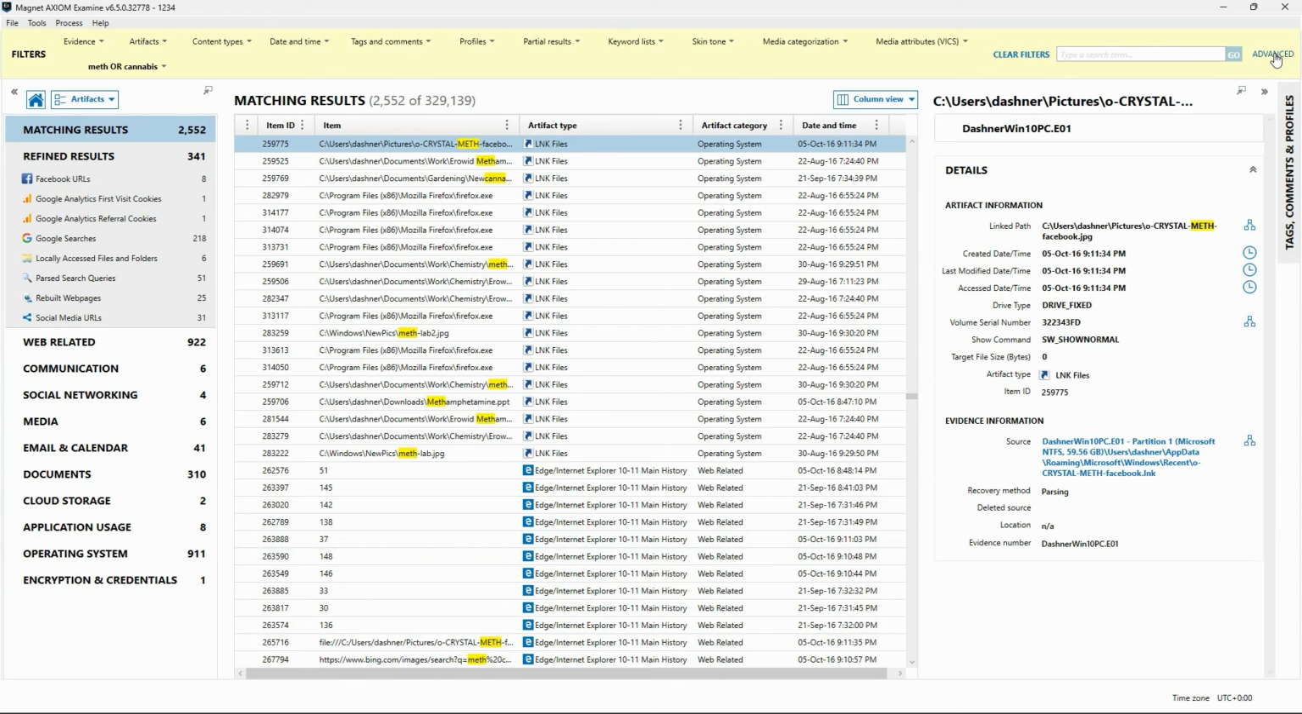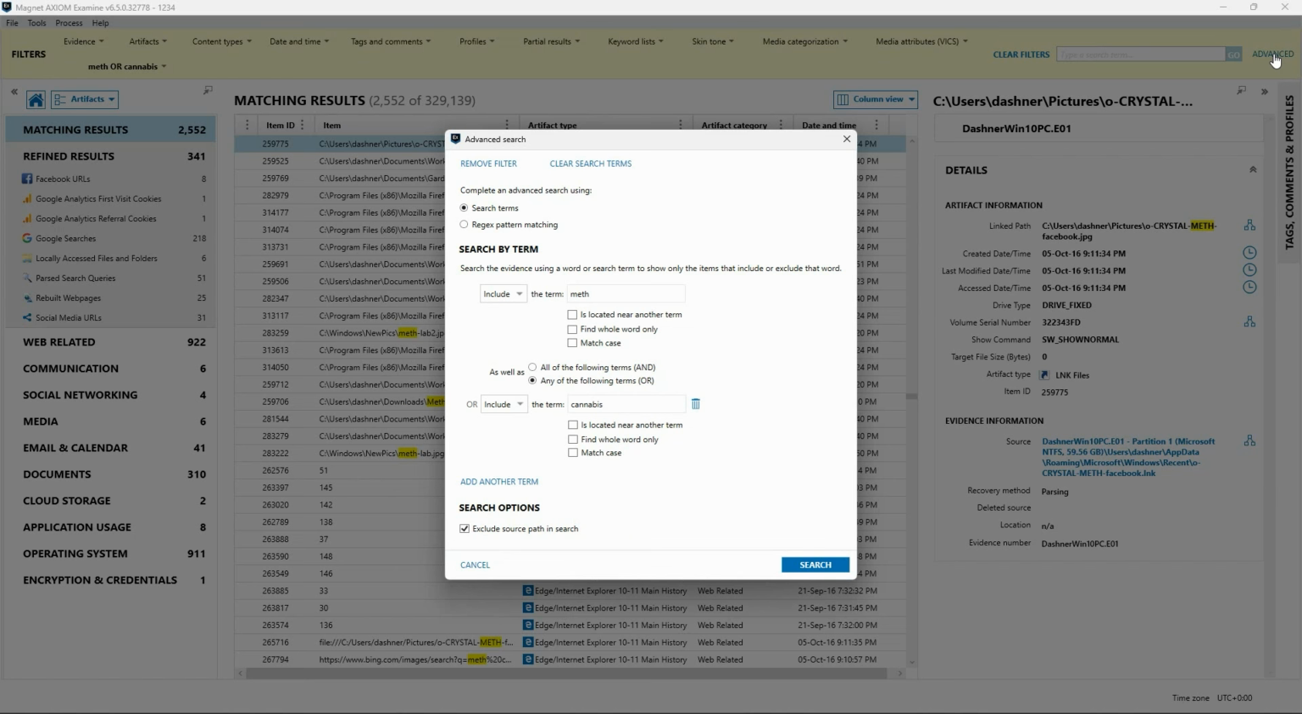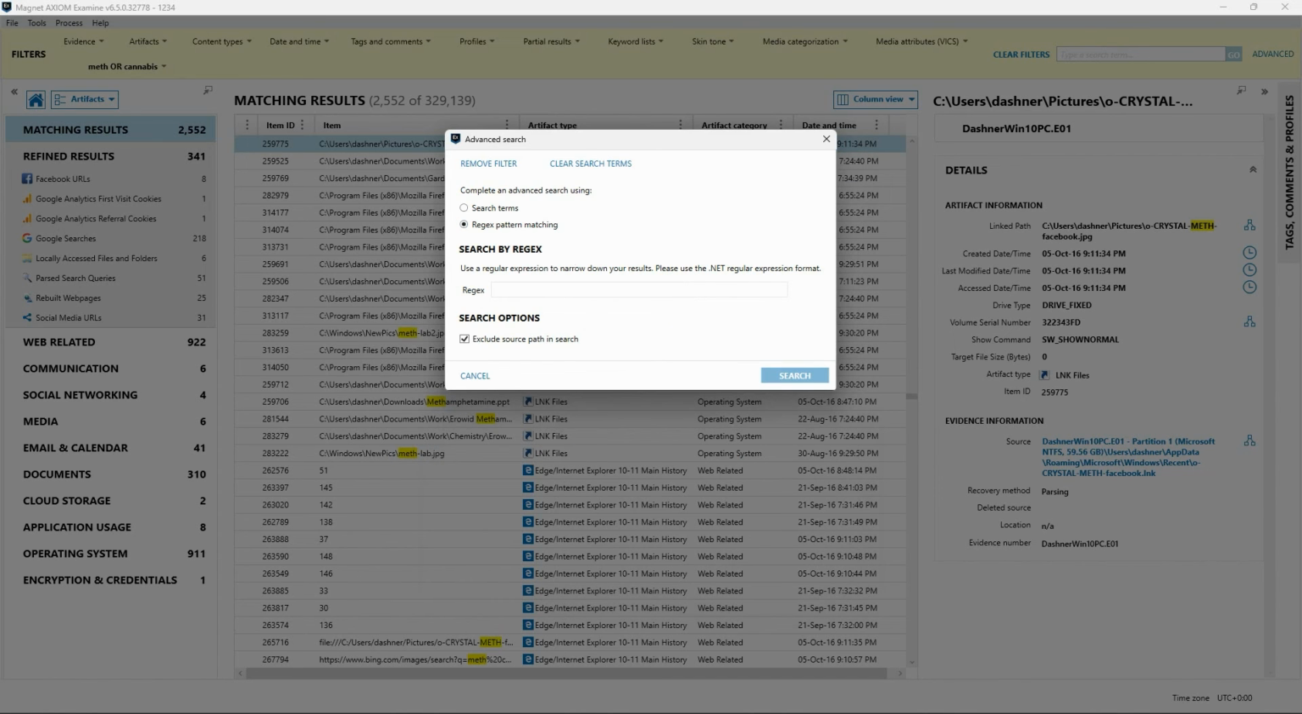One of the other things you could do with the advanced search is to perform a regular expression search. If we go back and select the regex pattern matching radio button, then we now have a text entry field next to regex. When selecting this option in AXIOM Examine for both Magnet Axiom and Axiom Cyber, you'll need to use the .NET regular expression format. One of the easiest is to perform an OR search,